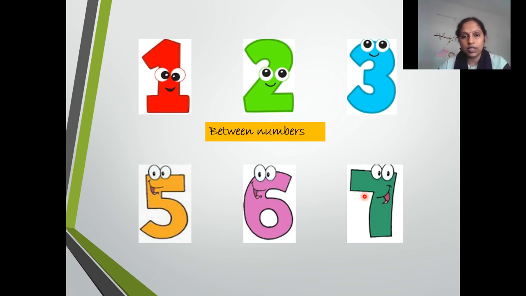Is it clear? So we learnt about before numbers, we learnt about after numbers, and now we learnt about between numbers. So in the number line, if you move one step backward, we will get the before number. Backward step, before number. B, B. Right? If you move one step forward in the number line, what you get is the after number. So when you are finding a number which is in the middle of any two numbers, that is the between number.